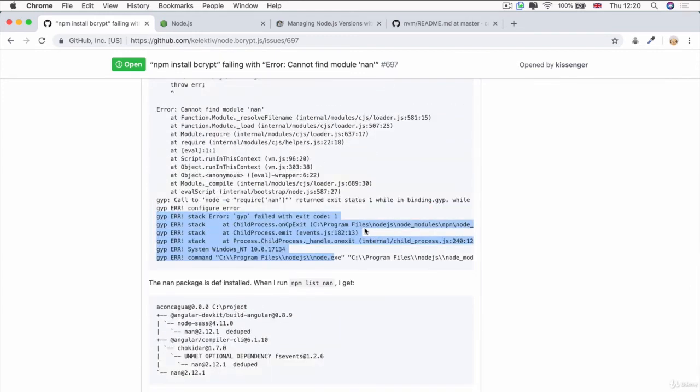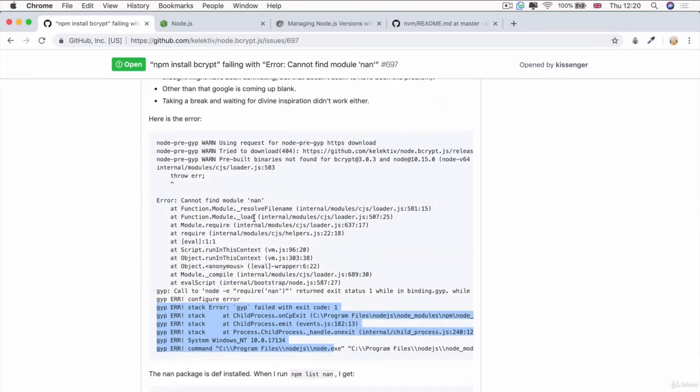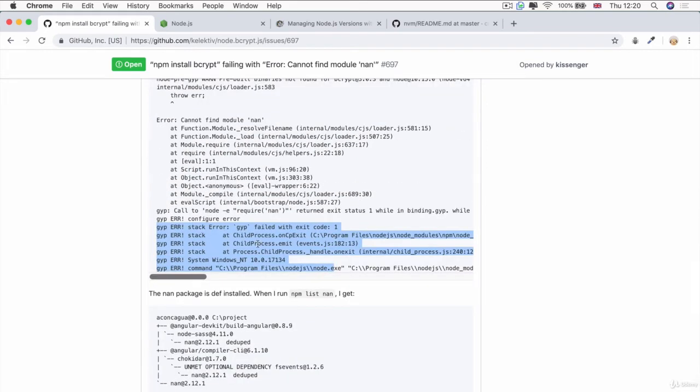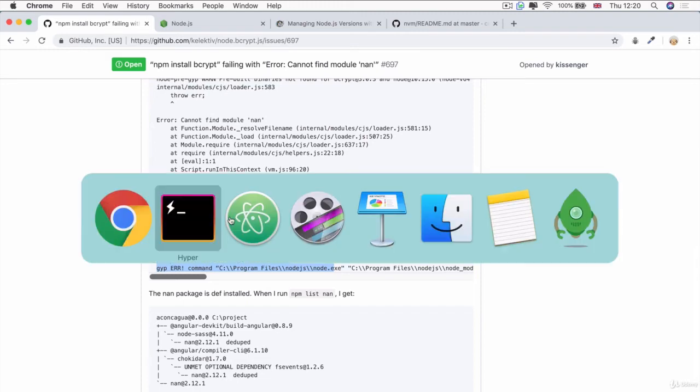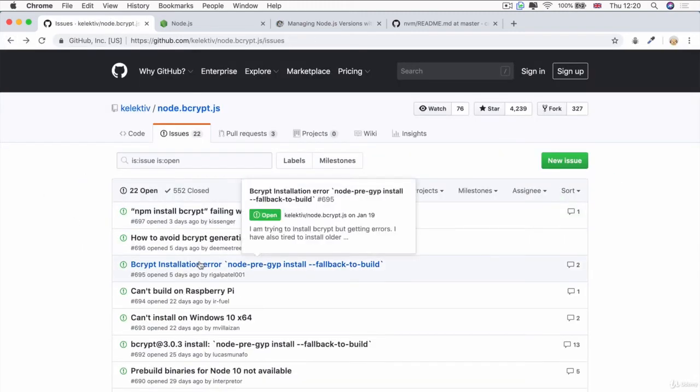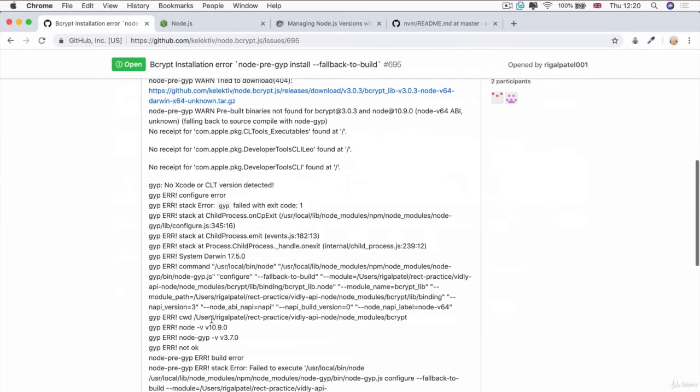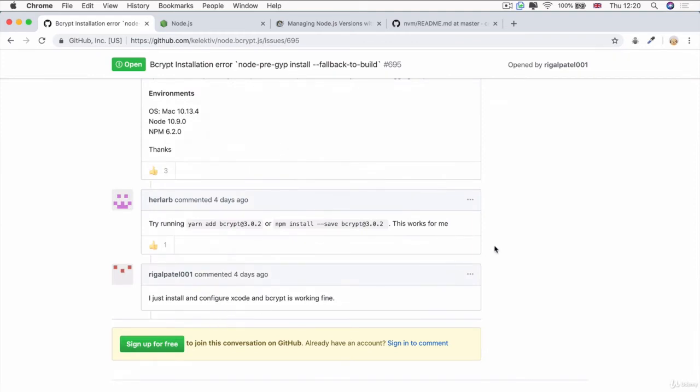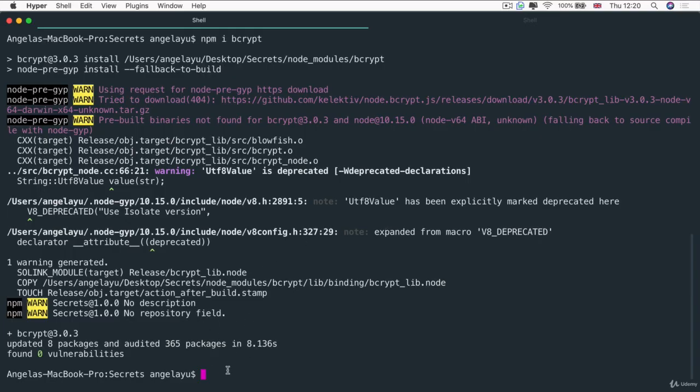And you can see whether you're getting similar problems. Now, we don't have as bad an issue as this guy, because they're actually getting errors and they're not actually getting it installed. And if you read through this, you can see what the solutions are that people are recommending. And at the point in time where I'm running it, the easiest way is to simply install a slightly older version of bcrypt, 3.0.2, whereas the most current version is